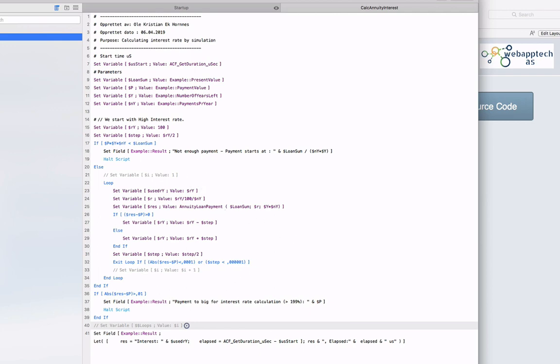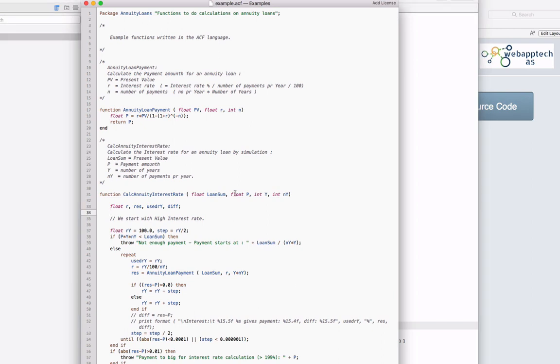Now, let us look at the ACF function here. Pretty similar, isn't it? We have this repeat until loop here, and we have an if then else and if here. We have the payment calculation as a separate function up here that we call down here. We test for the too little payment here.